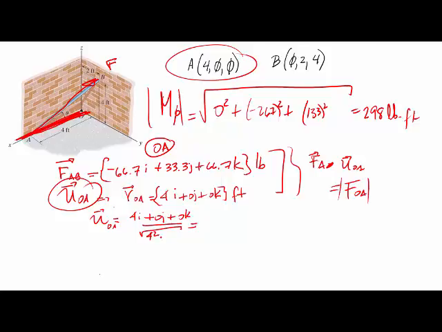What is the magnitude of 4 squared? So it would be 1i, right? Plus 0 plus 0. So this is the unit vector in the direction of A. And I should have known that without having to calculate, because it's along the x-axis, right? So it's 1i. Okay? So then when I look at the dot product,